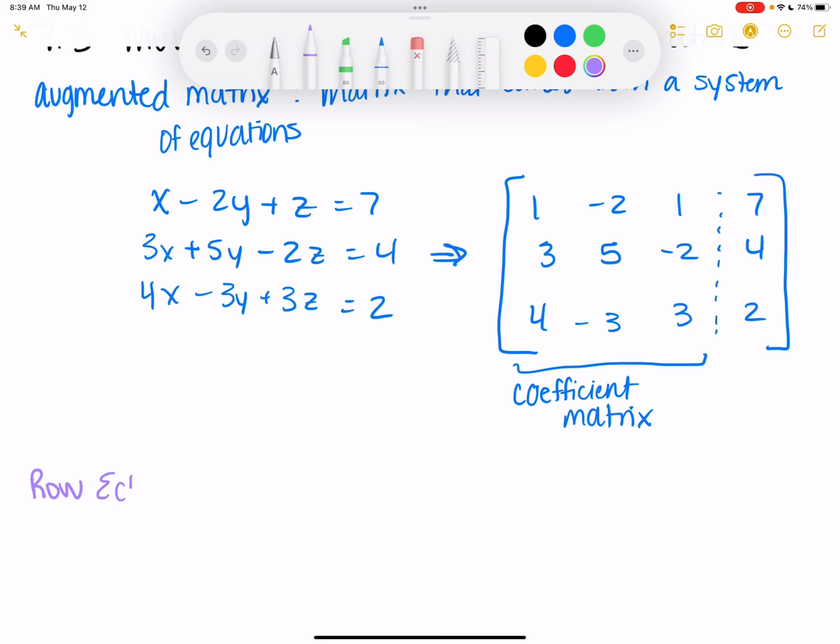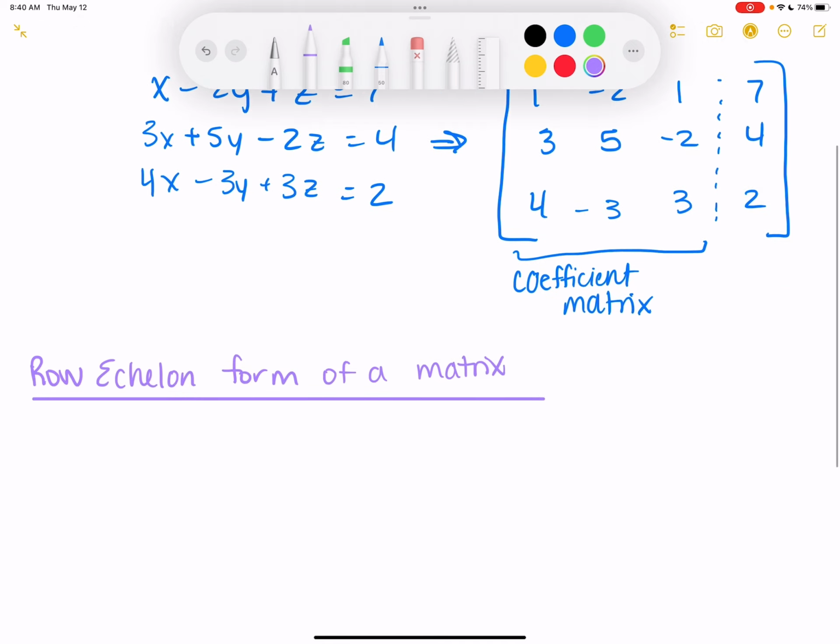All right, row echelon form of a matrix. A matrix is in row echelon form